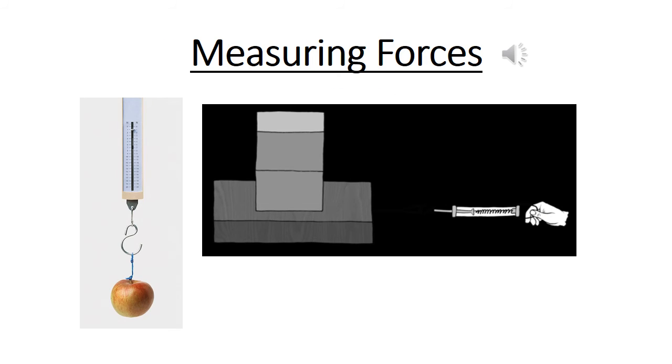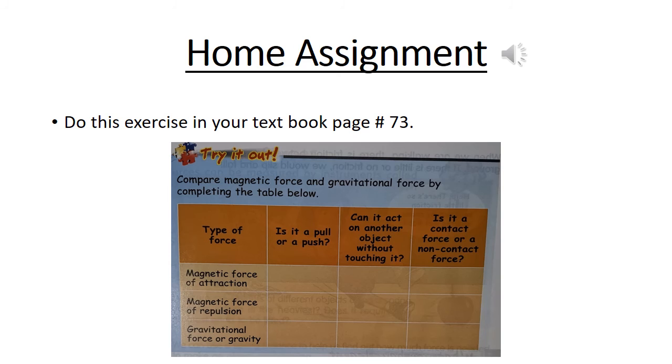Measuring forces. Forces can be measured by an instrument called a force meter. Force meters are also called Newton meters or spring balances. Forces are measured in a unit called Newton. The unit Newton is named after the famous scientist Sir Isaac Newton. Its symbol is N. A spring balance can be used to measure the weight of objects. Measuring the weight of different objects using a spring balance. We can use a spring balance to help us find out how much force is needed to make an object start moving.